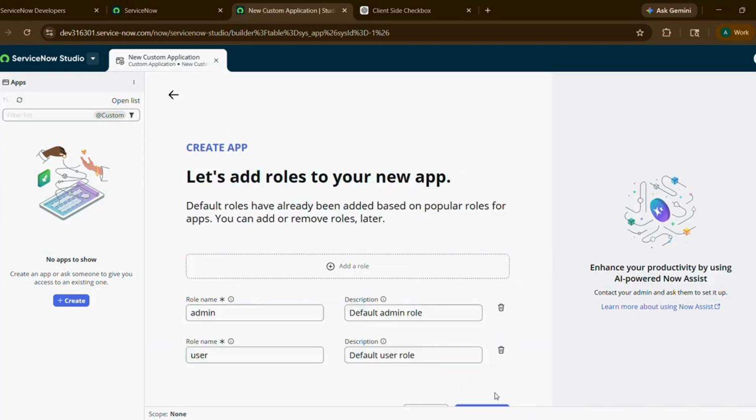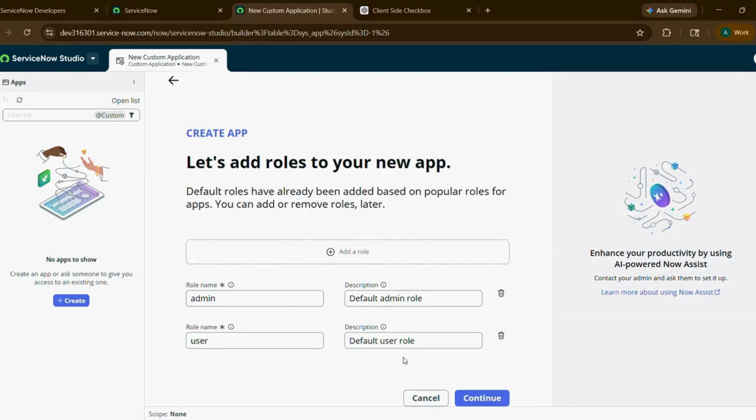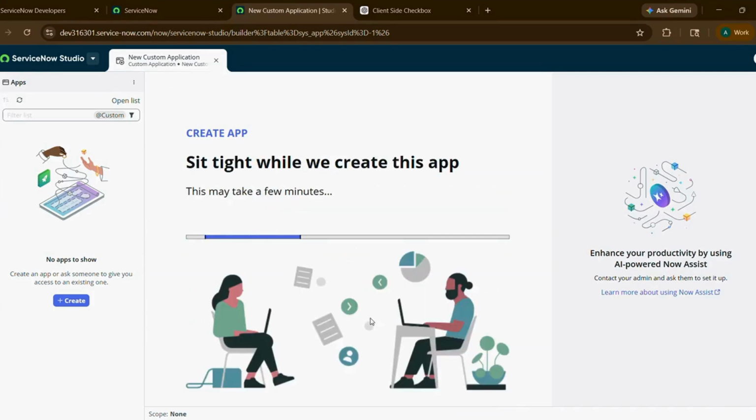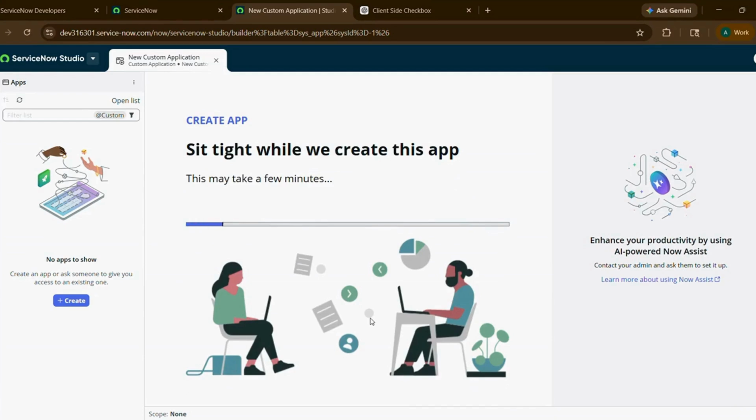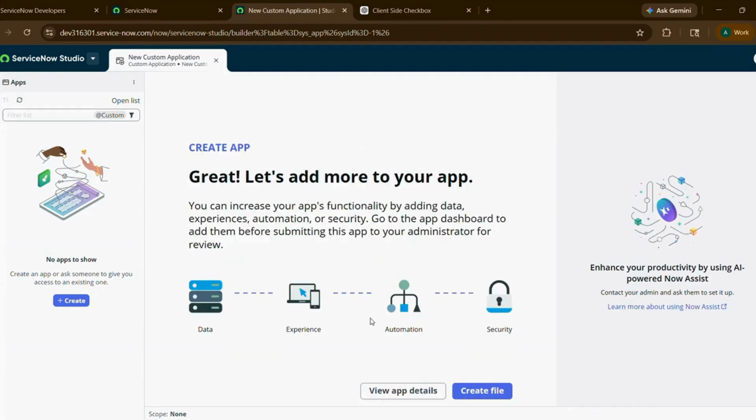Then click on continue. Custom application. Now you can add the required roles. Then click on continue. Now the custom application is created successfully,